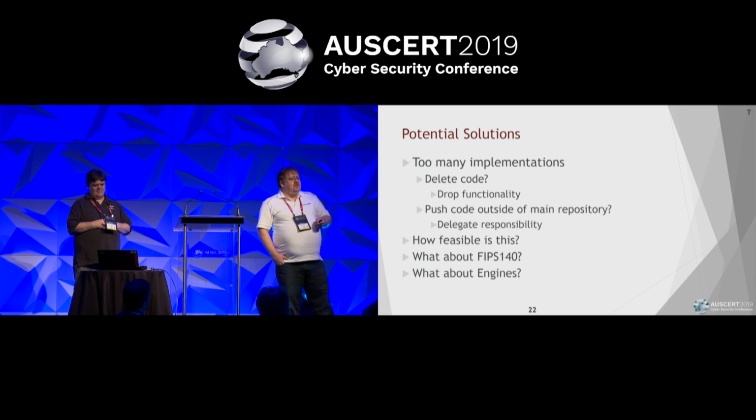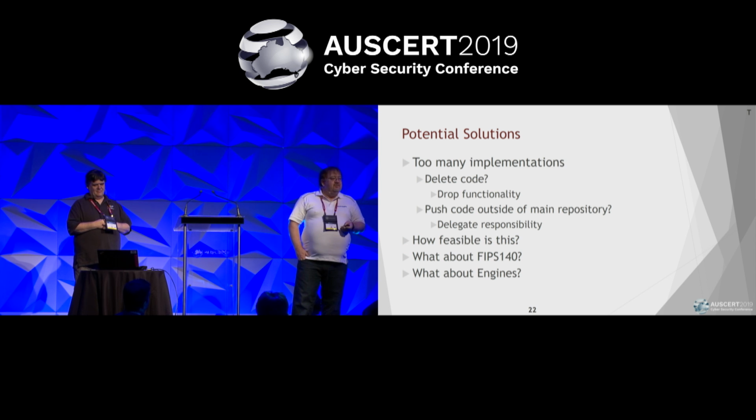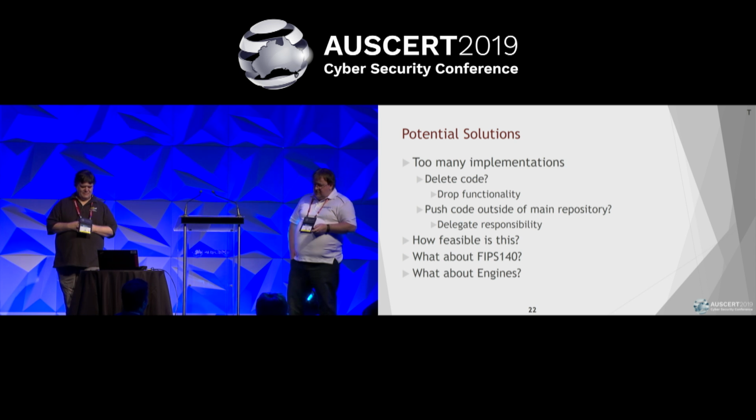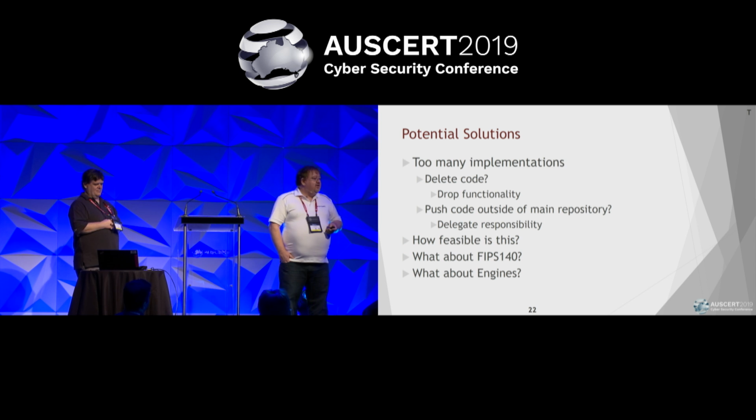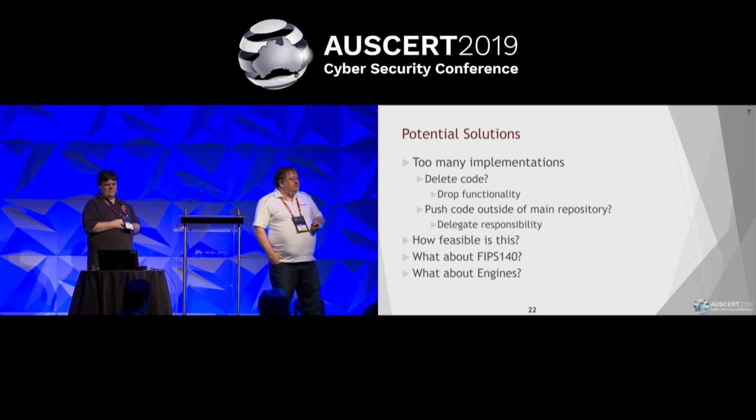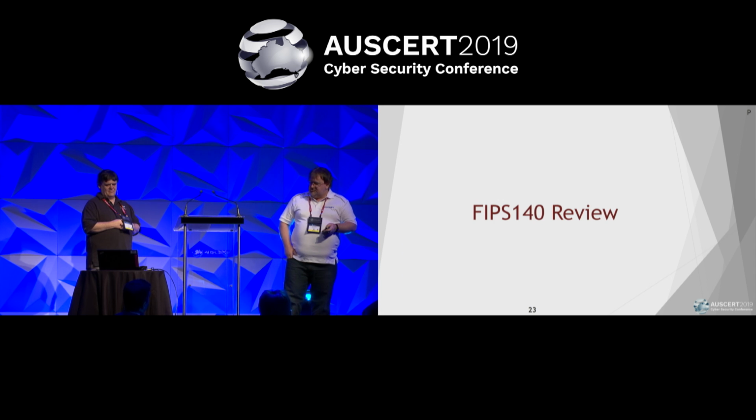So what we turned around and looked at is maybe we could push some of the unusual code out of the repository, get somebody else to maintain it. Is it feasible to do that? And we figured out that if you push code out of the repository, because of OpenSSL's internal structures, you still need to leave knowledge of that code's existence behind for things to work. And that's not a particularly good environment. And then we turned around and had a look at how we'd handled FIPS and how we handled engines, and thought, maybe we can do a better job.